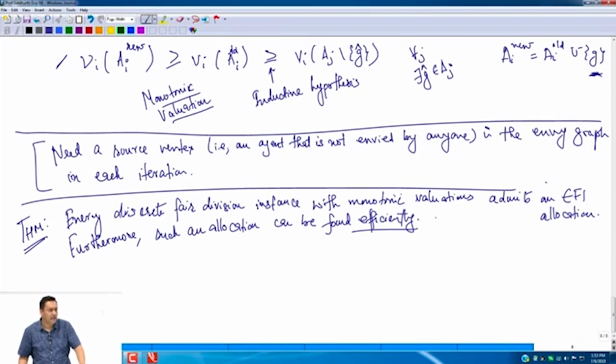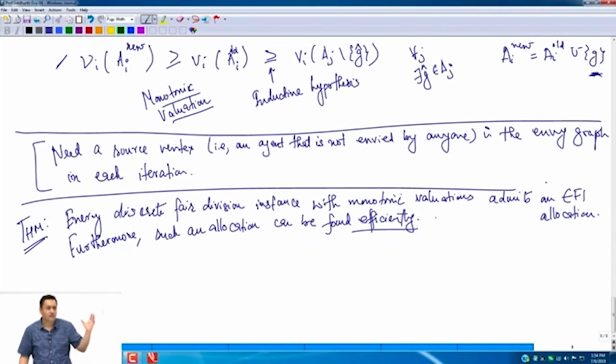So you certainly don't need to look at all the values for all the 2 to the m subsets for any agent. And something one should appreciate as computer scientists is the gap between 2 to the m and poly. For m of 1000 or 2000, if you have 2000 goods, the difference between 2 to the power 2000 versus 2000 squared is like the population of Ahmedabad versus the number of stars in the universe.